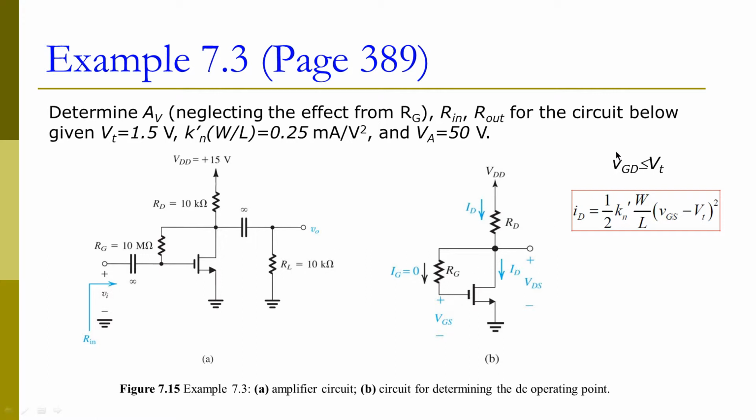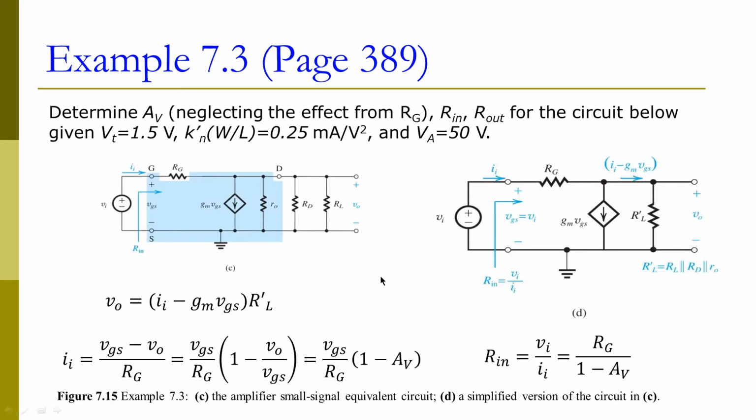Now this VGD equals 0. It should be less than Vt, the threshold voltage. Once we verify the transistor is working in the saturation mode, we can use the saturation equation to calculate the drain current. In order to determine our gain, input impedance and output impedance, we need to do the